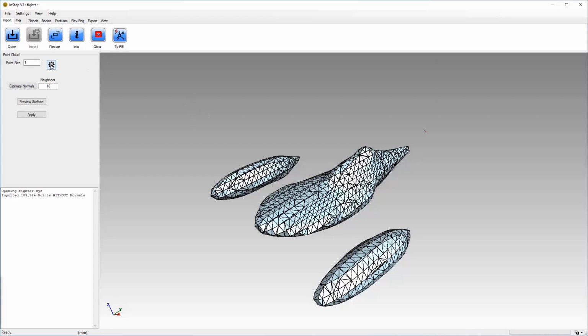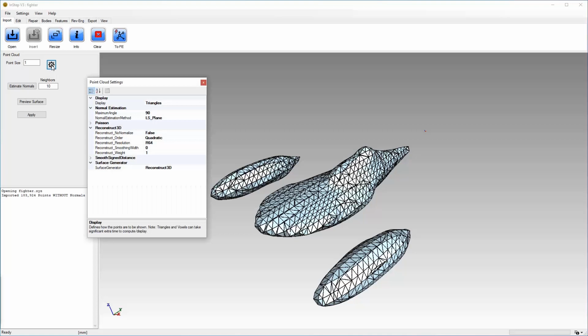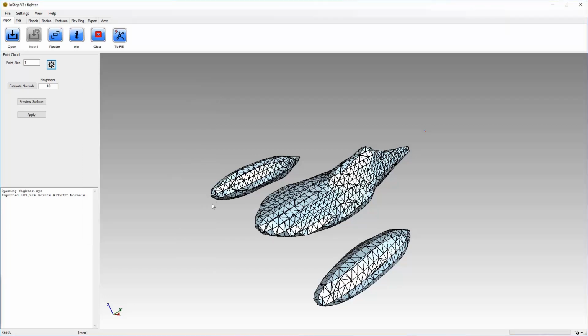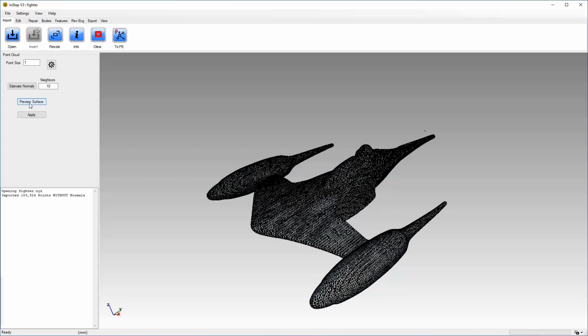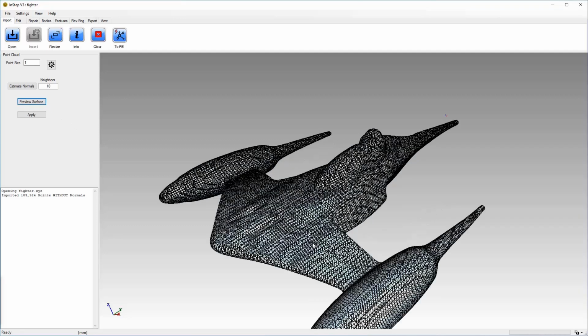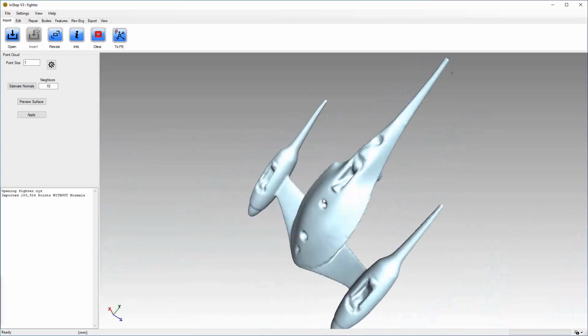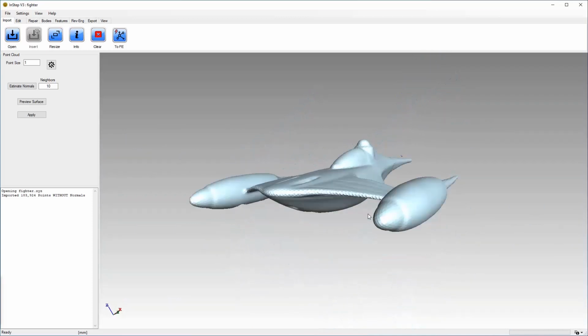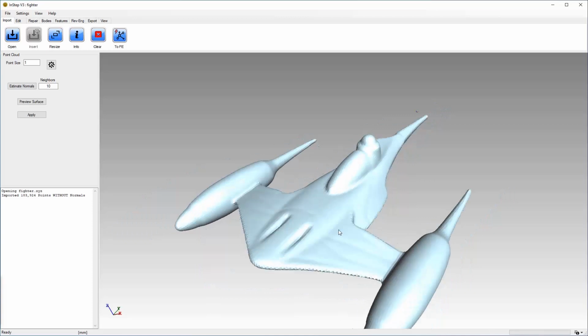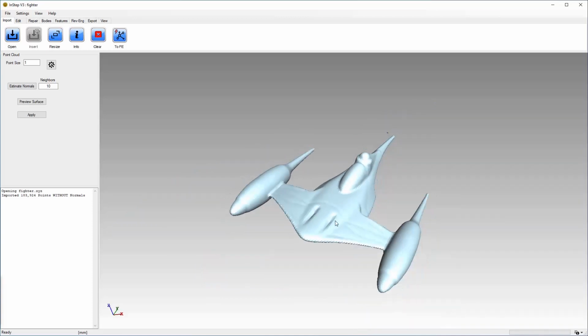So we can go into Settings again, and then pick a higher resolution. So in this case, we'll just switch it to 256. Now obviously the higher this number, the more memory it consumes and the longer this will take. But we'll click Preview. And after a few seconds, we see the updated model. In this case, this would look fine, and we could use that as is. We could also go in and try the lower resolution or higher resolution just to see how those compare.